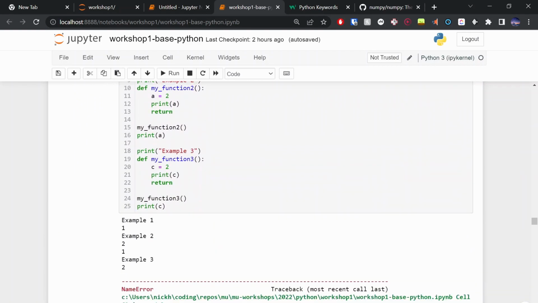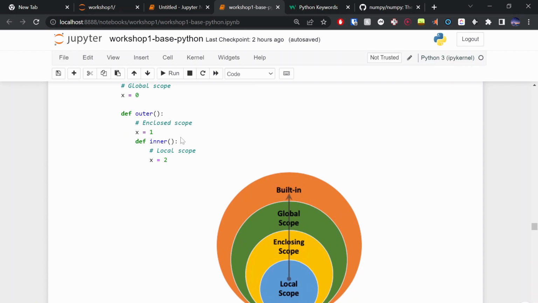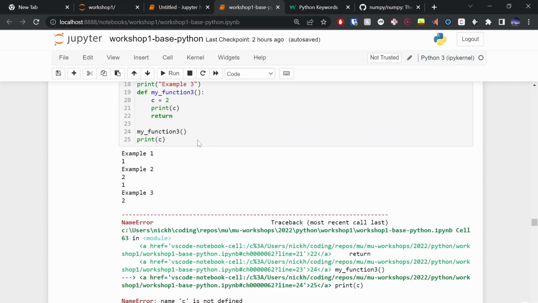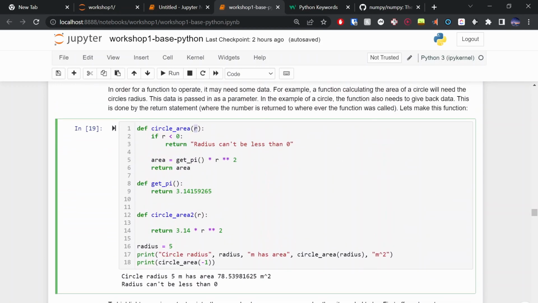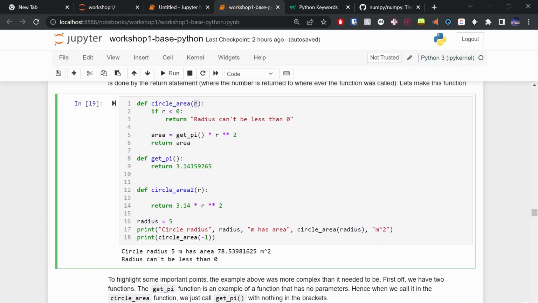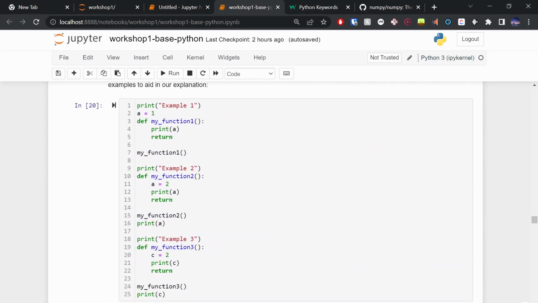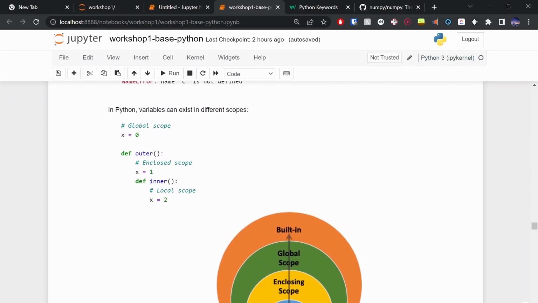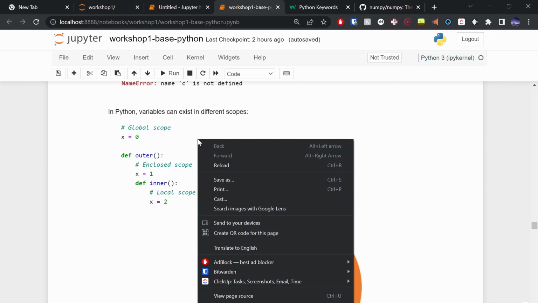The best way is to think of this diagram. When we have a function, all the variables that we define within this function, here, this R variable, as soon as that function completes, that R variable is destroyed. We're done with R, we don't care about it, it's gone, Python forgets about it, okay? So that's the importance of local scope. Local scope is the scope within a function. It is the variables that you define within that function.